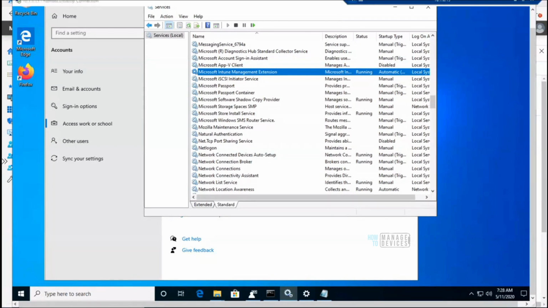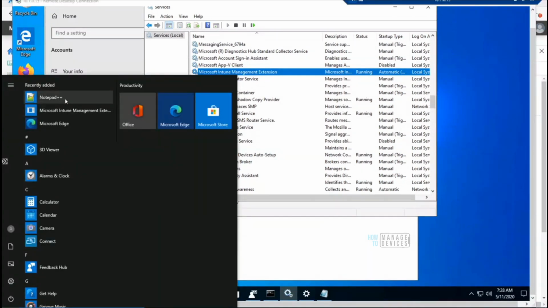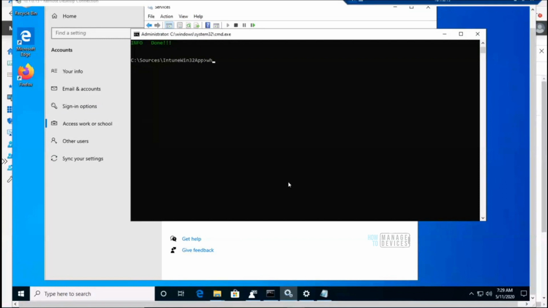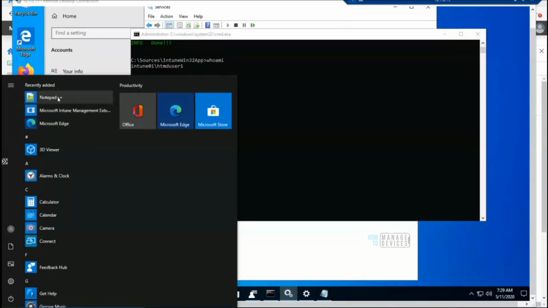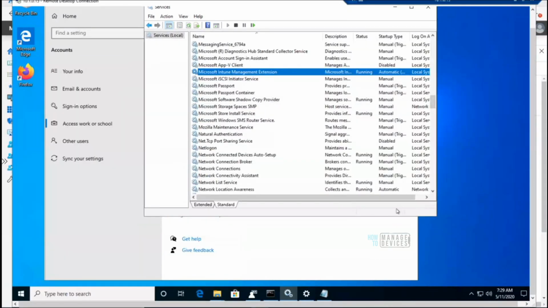I don't think so, because on my Windows Intune 01 device, I logged in with a local account, and you can see the application is installed. Who am I? I logged into this device with a local user, and this is an Azure AD joined device. So it's not even a one-time mandatory. I never logged off since Friday.